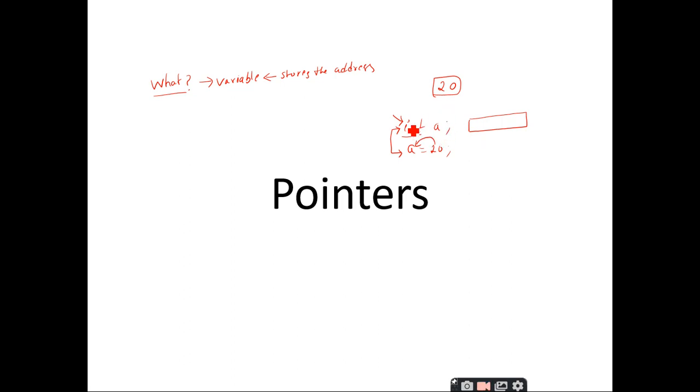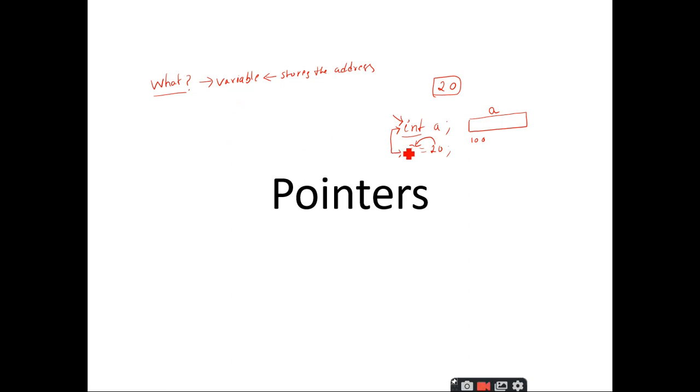An integer variable size will be 4 bytes, so the entire 4 bytes, that means 32 bits of memory, will be allocated, and assume that the base address is given like this. 100 is the base address of the 4 bytes, and we have given the name a to this entire 4 bytes of memory.